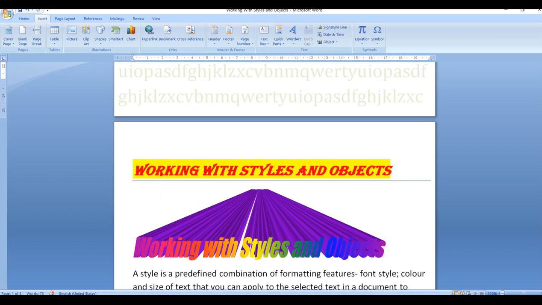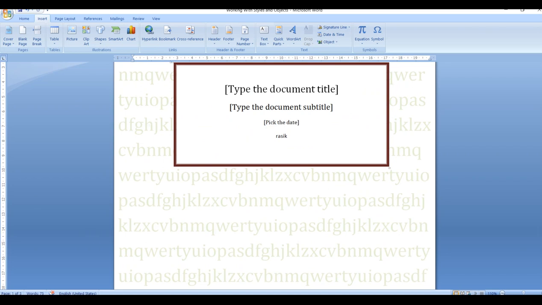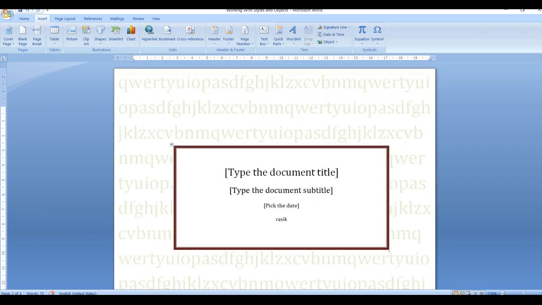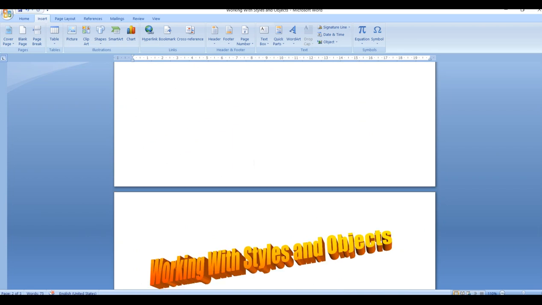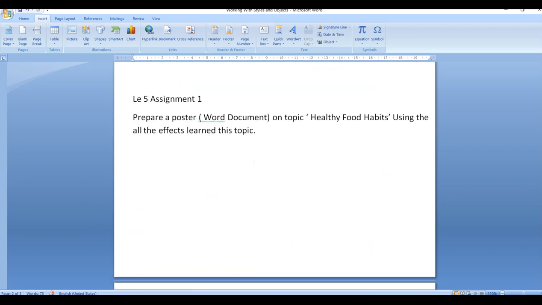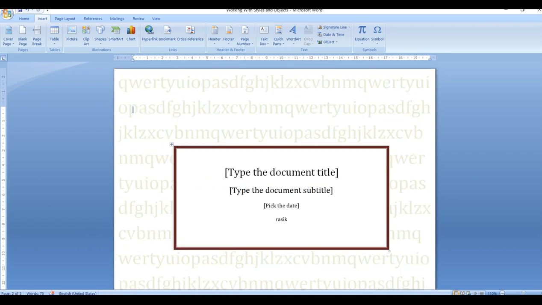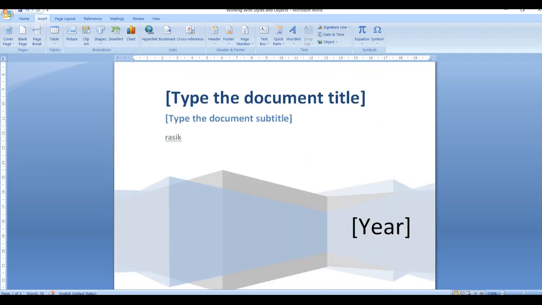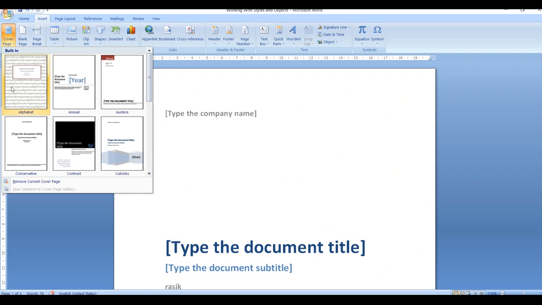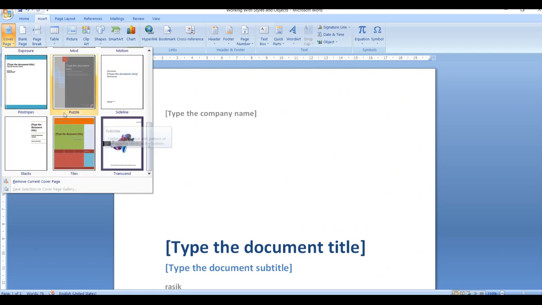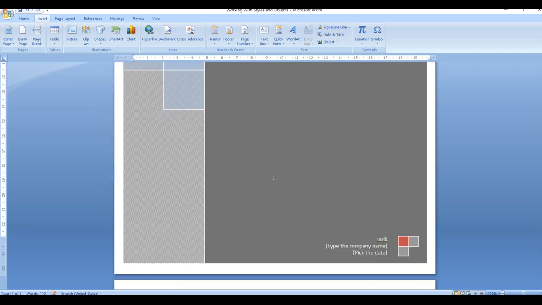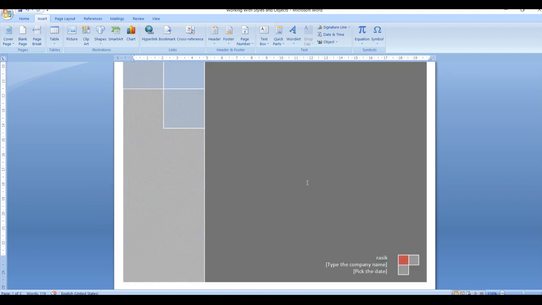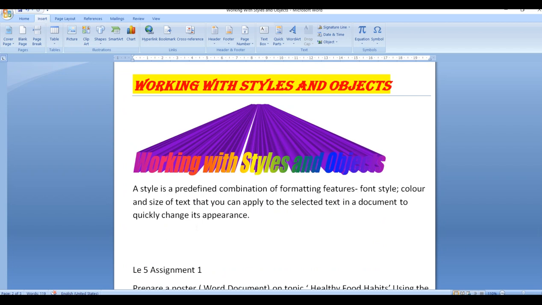So this is my cover page. That means the things which have been typed will come in the form of a cover page. Rest of all the things will be there on my blank pages. So this will be just my cover page. So that way you can choose any of the cover pages as per your need. So see here, this way you are getting the cover page for your documents. Rest of all the pages you will have as blank pages.